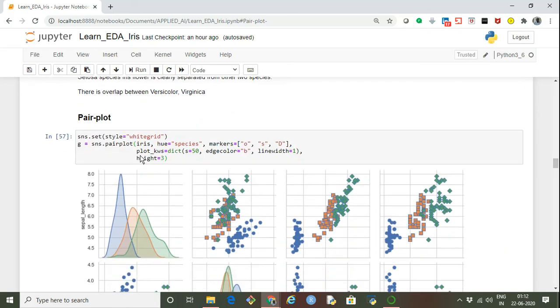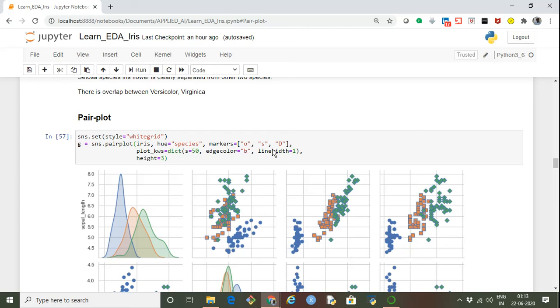Continuing further, now what I've created is a pair plot. A pair plot basically creates a plot between each pair of variables. I'm using style as white grid, and then sns.pairplot. The data is from iris, and the hue is the species, that is the color of the data points based on the species.